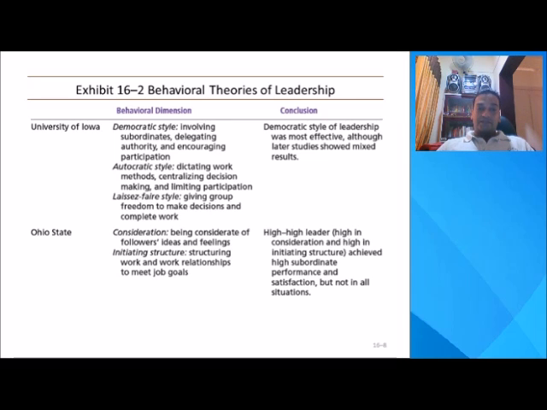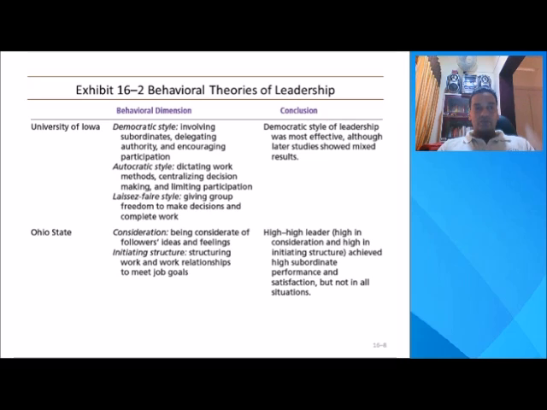Autocratic is, of course, dictating work methods. There is centralized decision making and limited participation from the followers. Laissez-faire style gives the group the freedom to make decisions and complete the work with minimum intervention from the leader. Ohio State studies talked about two dimensions: consideration, that is being considerate of the followers' ideas and feelings; then